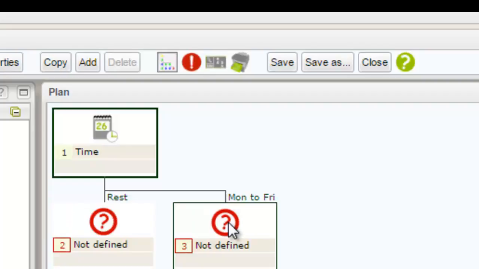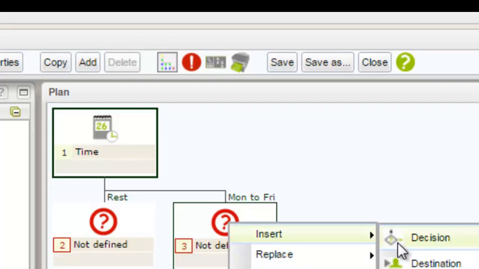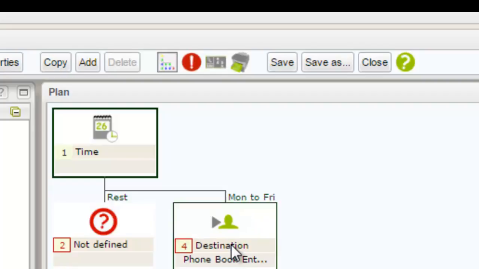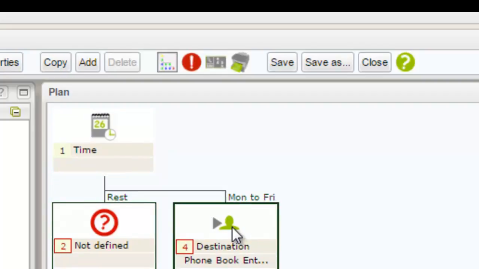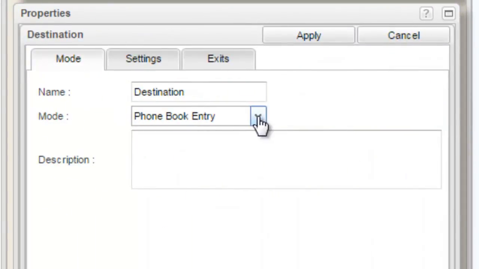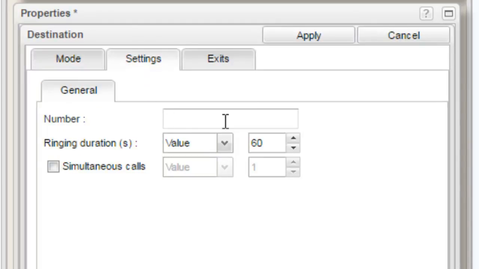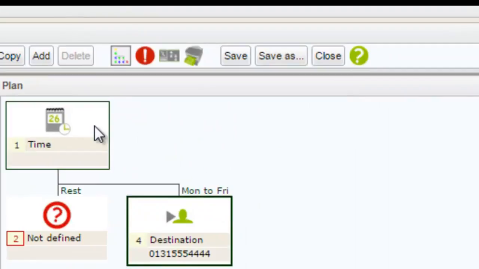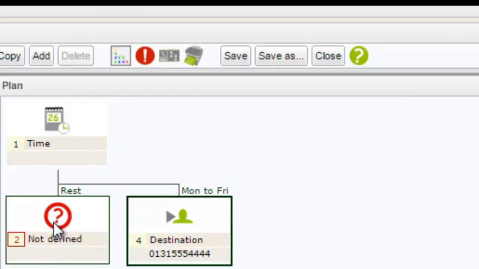So in order to do that, right click on the icon, we'll replace it with a destination icon. And then what we need to do is click on the icon, select mode in the properties box, select external phone number, go to the Settings tab. In here we're going to route all of our calls on Monday to Friday to this number. Click apply, and then any call that falls outside of that time period and those days, we're going to route